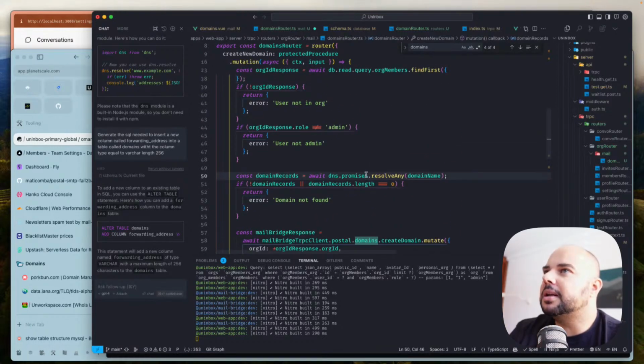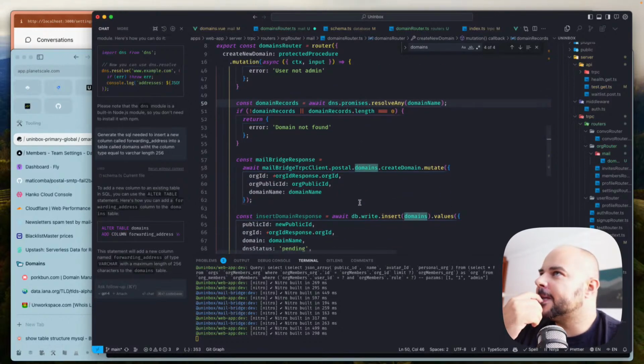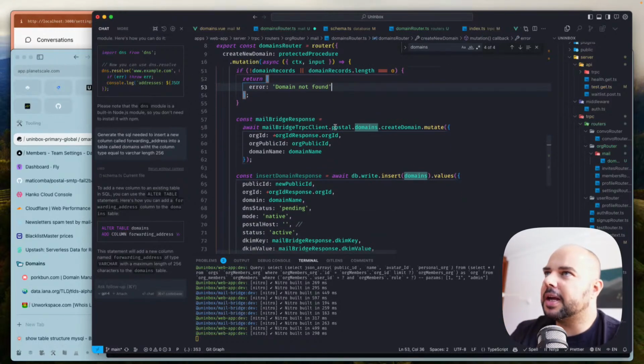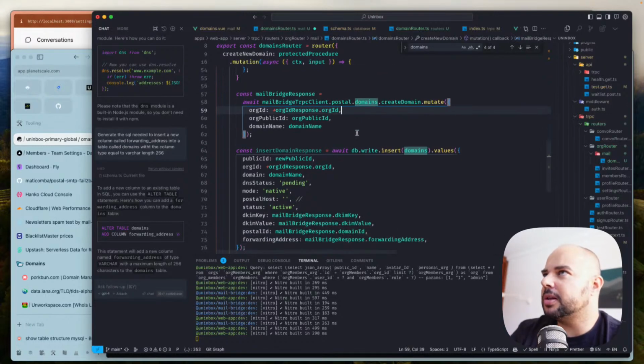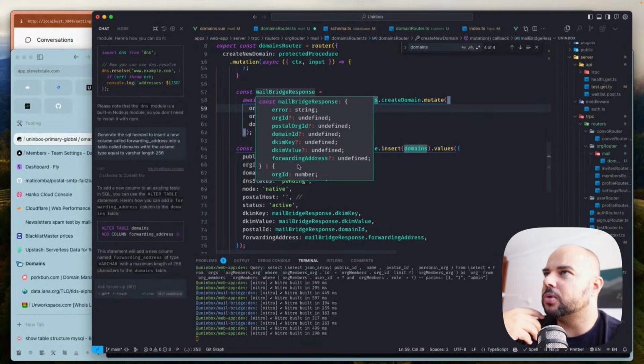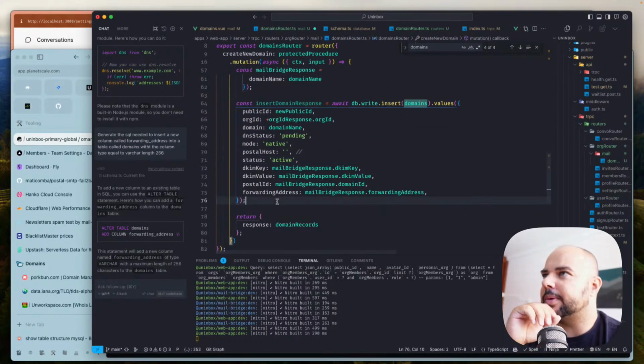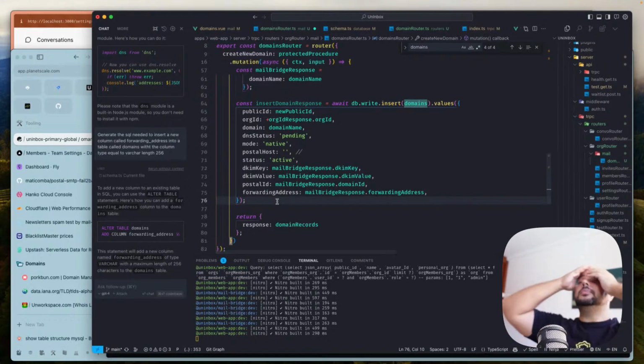We verified that the domain exists and that there are some DNS records. If the domain isn't registered, we've done that. We then create the domain in Postal via the MailBridge, which returns back all of our keys that we need. We're then inserting this into the database. And the response from this